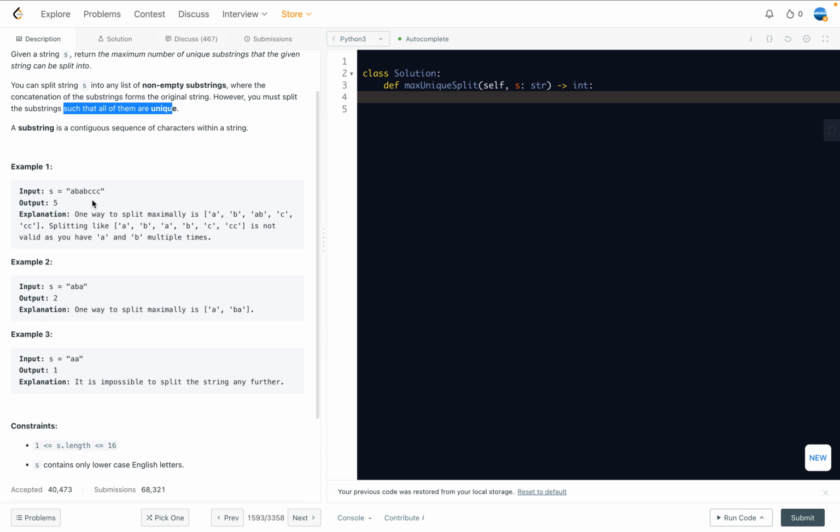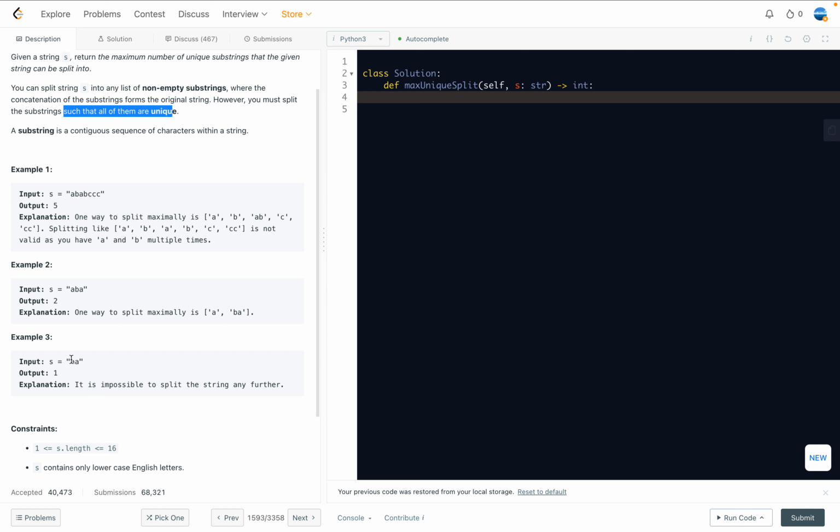So here are three examples. Let's first look at example 3. If you have A and A, there are two A's, you cannot split it into two A's, right? Because they're the same. So we can only return a list containing the original S itself,